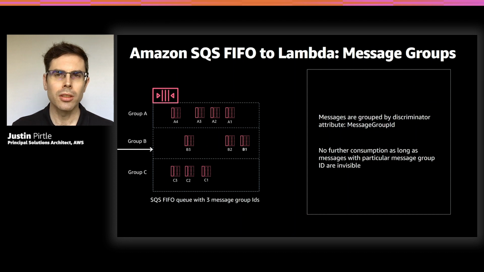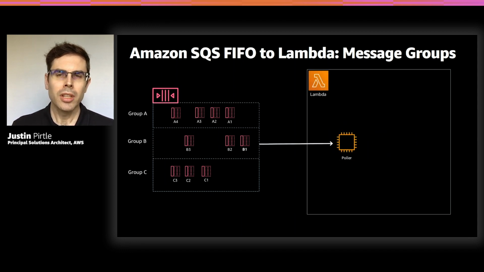And so just to take a look at how it looks with message groups, in this example now, one queue, but we have 3 virtual message groups. These were grouped by passing in an attribute called message group ID. And in this case we have a group A, B, and C. And now that we have 3 different message group IDs, the poller is able to go ahead and long poll again and get a batch.